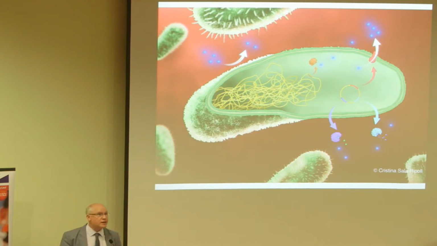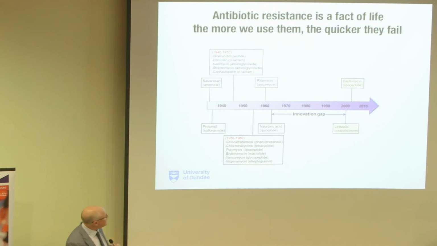So the trick is to keep on making new ones. If you keep on making new ones, you can stay ahead of the bugs. So when they become resistant to antibiotic A, penicillin, you can treat the infection with erythromycin. So that should be no problem, right? Well, here's the problem. This was the golden age of antibiotic discovery between the 1940s and the mid-1960s. All of these different classes of antibiotic were all discovered and developed in that time frame. A couple of new classes came online in the early 2000s, but there's a massive innovation gap where we just stopped making new antibiotics. Why did we do that?